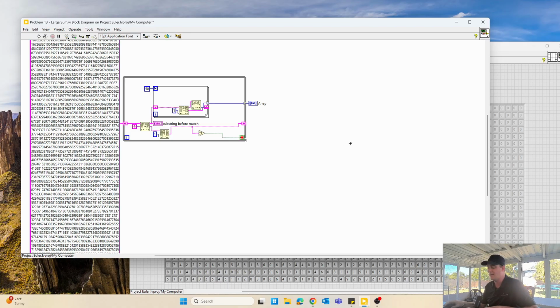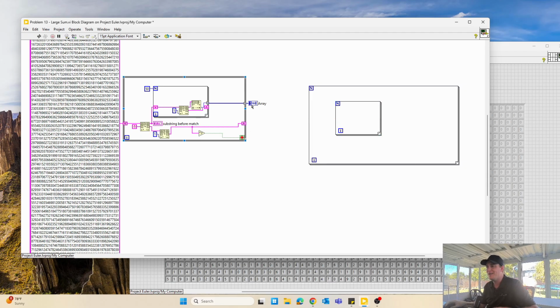And so I think in order to do that, I'm going to have to create a nested for loop. And I'm going to have to pass this array in, but I don't think I want to index this array, which is something that we haven't done before. I want to disable indexing because I want to be in control of how I